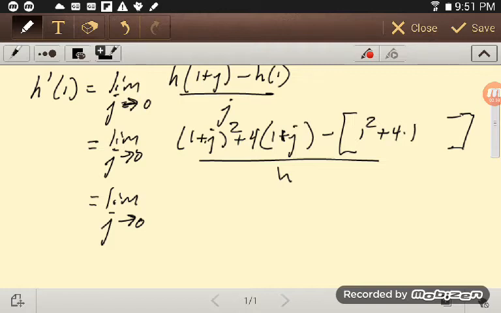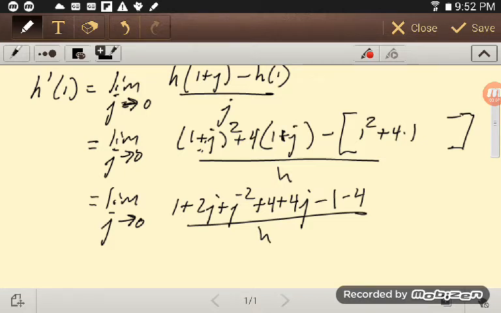I need to square out this first term here, so I get 1 plus 2j plus j squared. Again, if you don't multiply that out correctly, well, you're going to get a screwy answer. So plus 4 plus 4j, remember to distribute everything. So this is a lot of applied algebra. So then minus 1 and minus 4. Now I could have done just minus 5